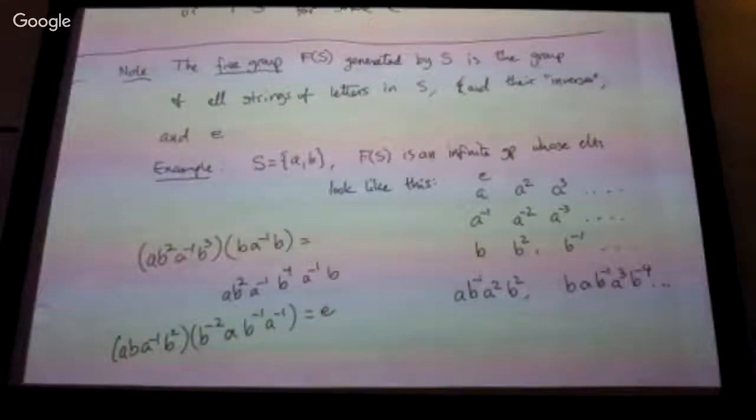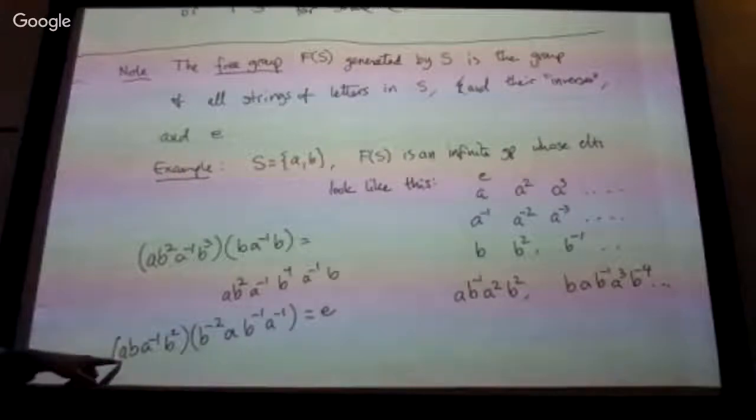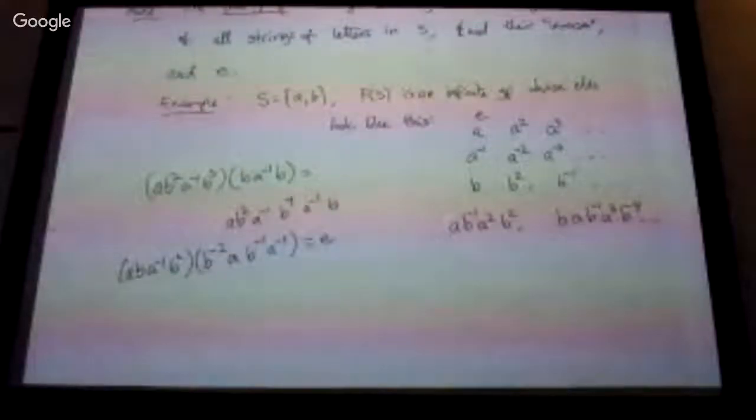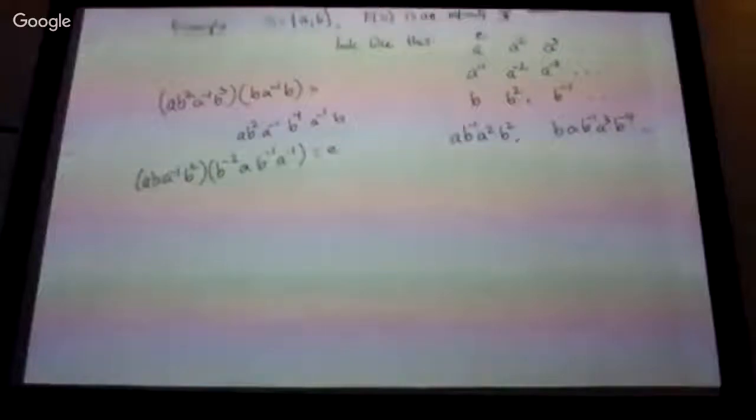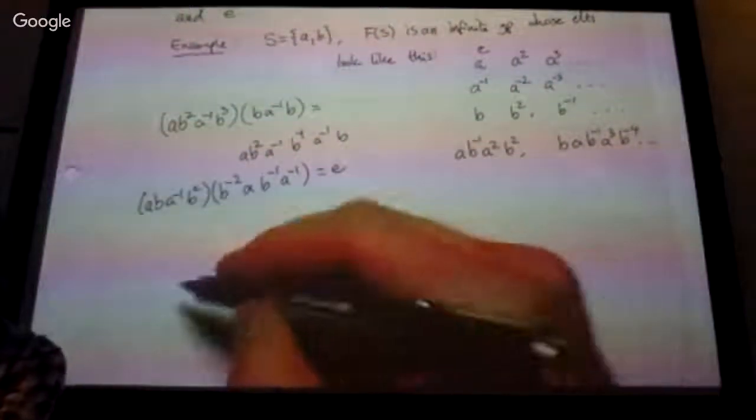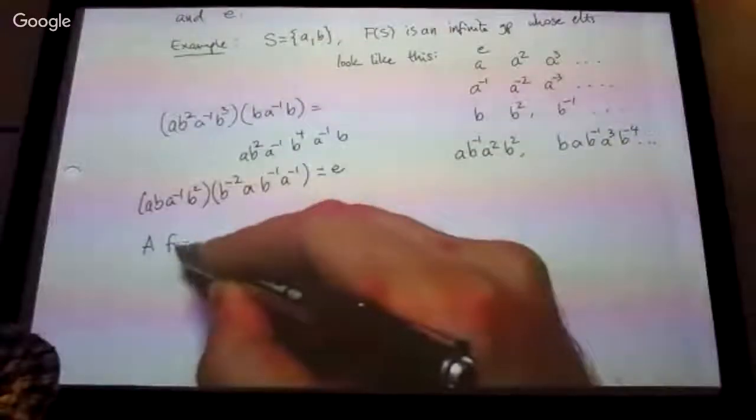Okay, so this is a free group. This gives you a way of creating the inverse for every element, any element in the free group, and so it's clearly a group. Now, the note continues, and it says that a finite presentation